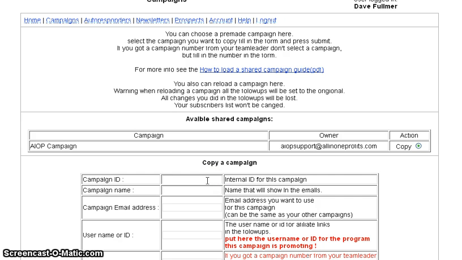And on the campaign ID, I'm just going to put in AIOP. Now you can be creative, you can choose any campaign ID that you want, and it's just going to put this as an internal ID for this campaign. So we're just going to choose this one. You use your own name,